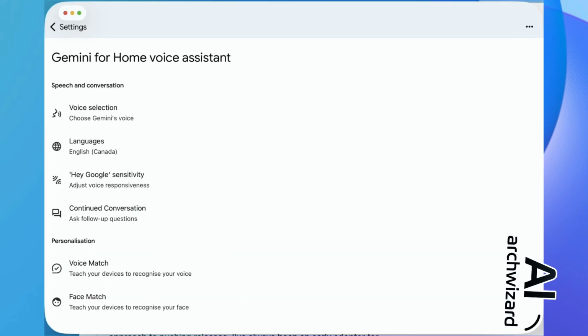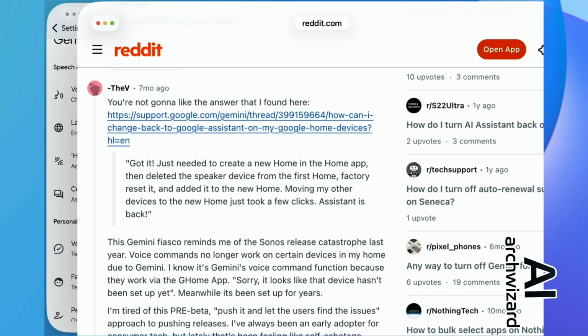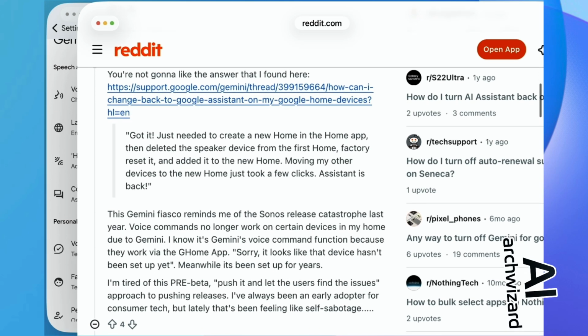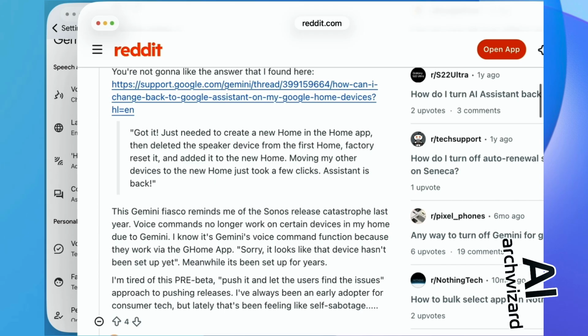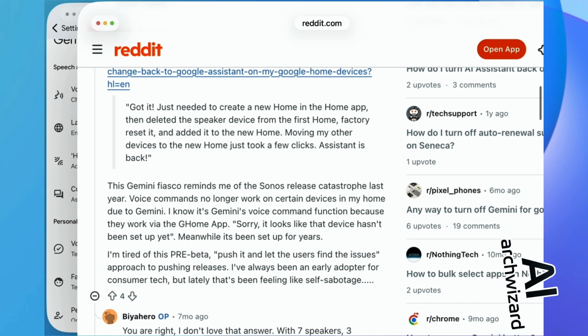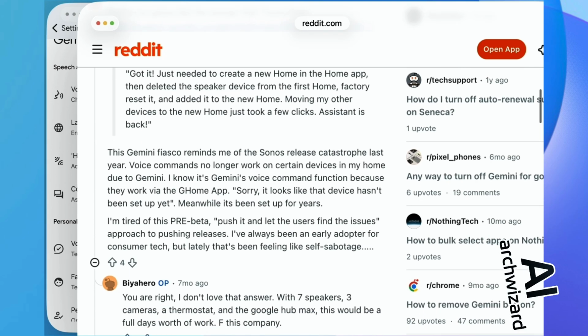So this is this Home app here. A new home inside of the Home app. Then delete the speaker device from the first home, factory reset the Google Home speaker, and then add it to the new home. Moving my other devices to the new home just took a few clicks, and the assistant, the old one, is back.